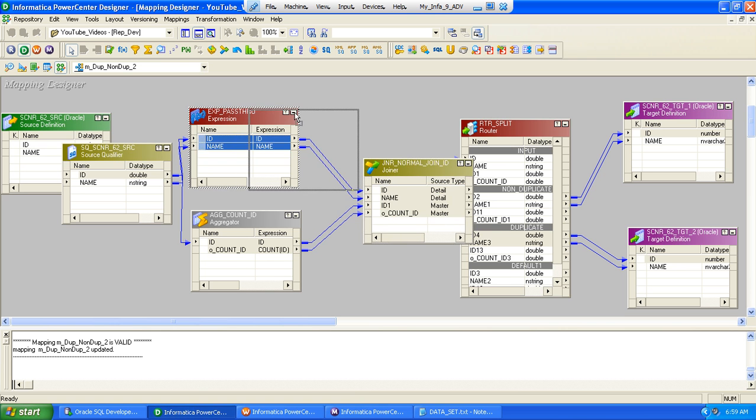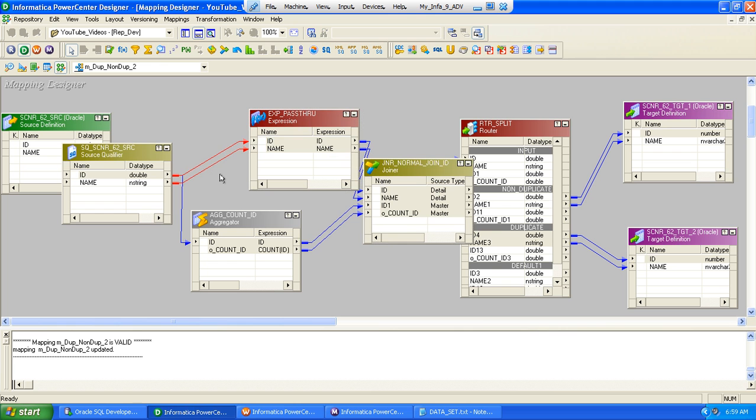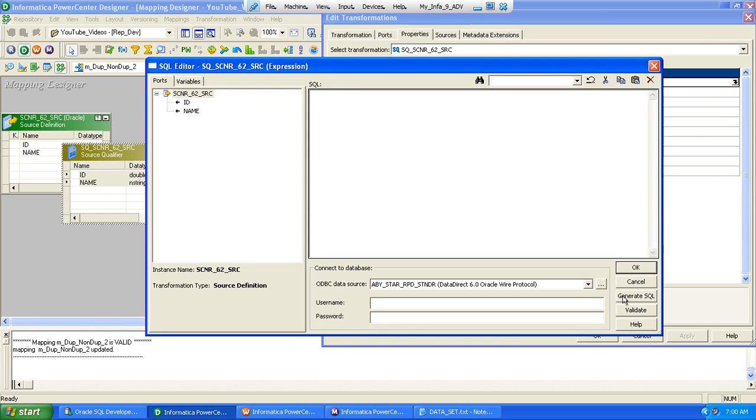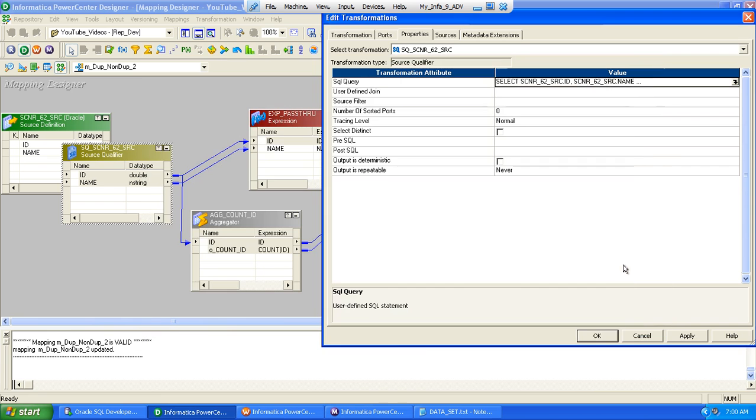So what I'll do is I'll break this, or even what I can do is I can add the sorter. Let's go over here, use the properties tab, and let's generate an SQL, and let's order by my ID column. Let's say okay,